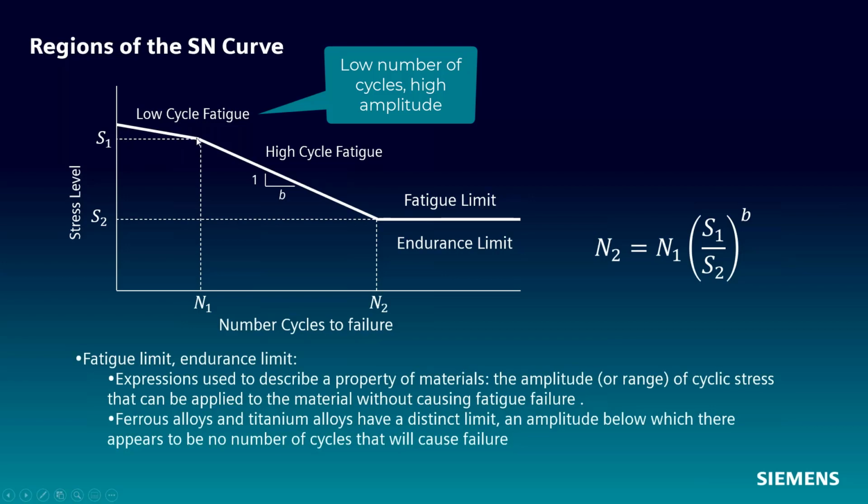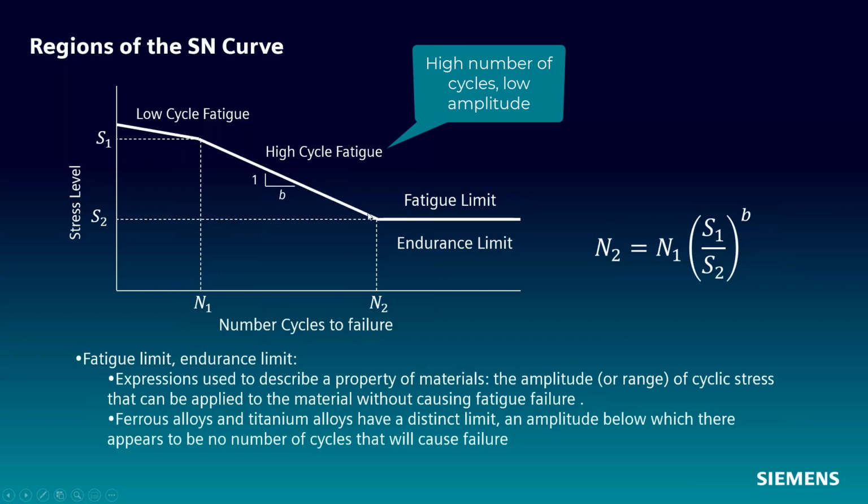And we have this low cycle fatigue area, and this is an area where we have plastic deformation of our material, i.e., when you apply this stress, the material does not return to its original dimensions. Then we have this high cycle fatigue area of the curve. This is where elastic deformation occurs, i.e., when these stress cycles are applied, the material returns to its original dimensions.